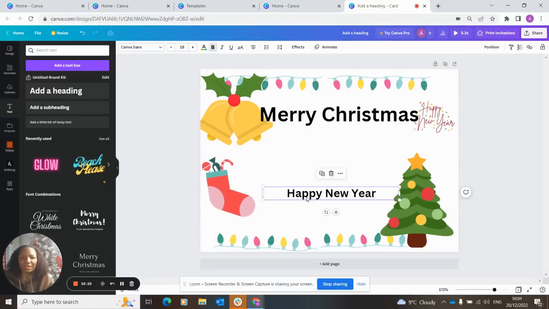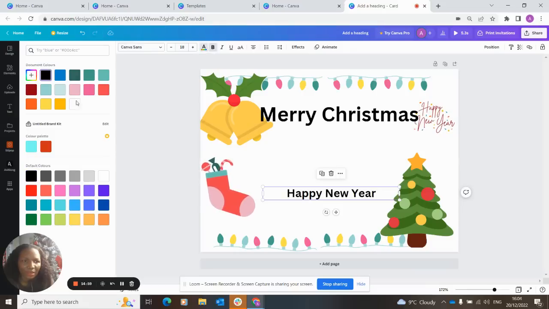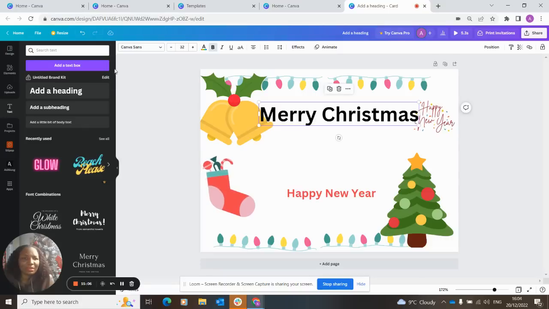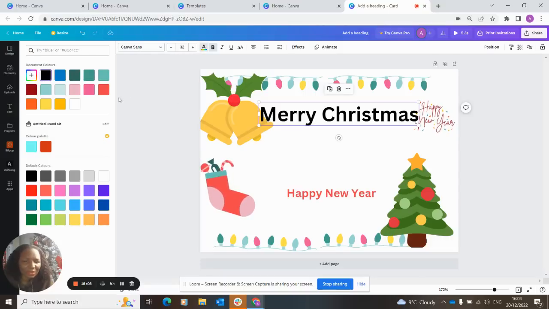Now you can change the color of that one. You can change it to maybe red, or maybe orange, whatever color you want to use. Merry Christmas. Which color do you want Merry Christmas to be in? Maybe in red as well. I don't know. You can also change the